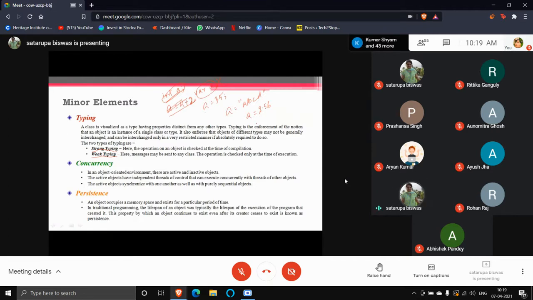Now, how does the object work? An object works through a process. You know that when a program is in execution, we call it a process. Without a process, the program cannot execute. But how are we going to create parallel processes under a single process?